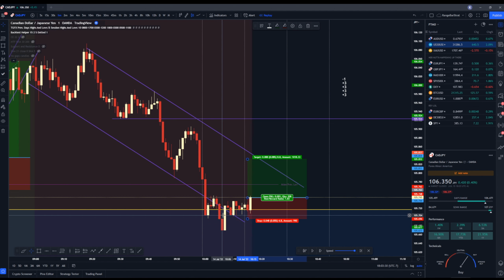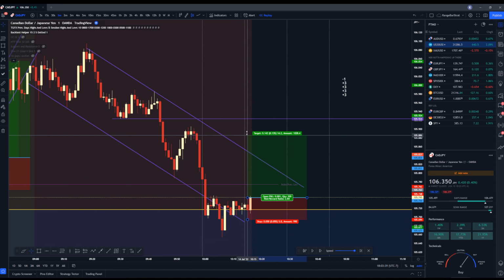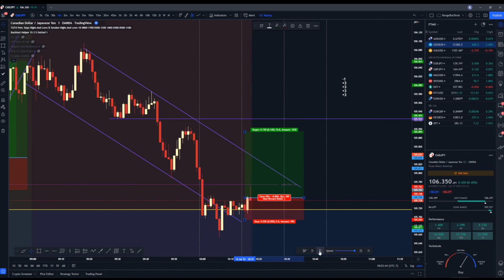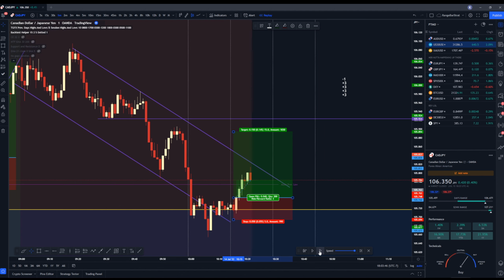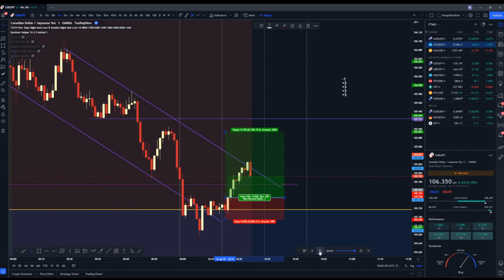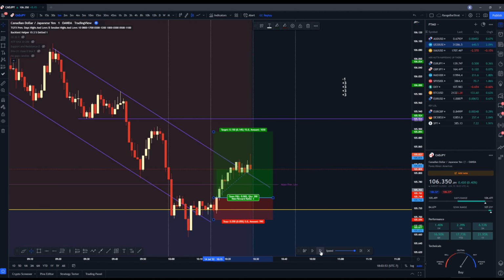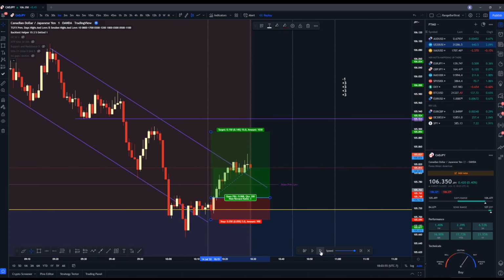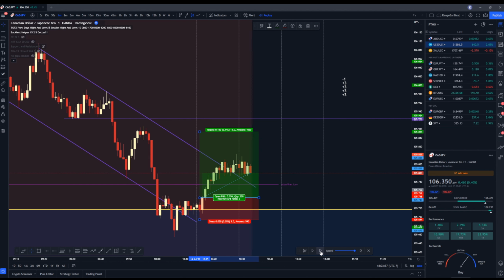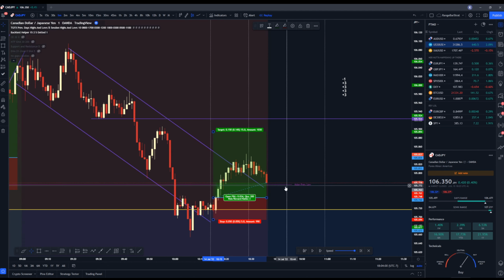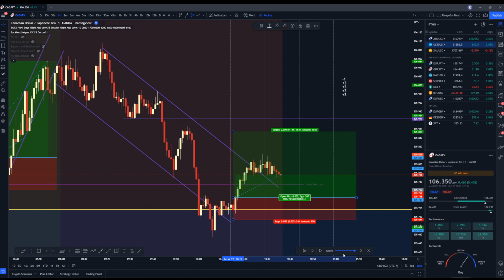Because we did fill in the missing price over here. The only thing is, I would like to see a drop lower first before taking this trade. But I'm going to take this regardless, and we're just going to take it up to here. I don't know if we get there, but we haven't had any pullbacks, and we're in a 15-minute zone of demand, so that should be enough for a pullback, I think. We're hitting the trend line, so this is the scary part of the trade. If it doesn't break out, then we're going to be kind of screwed, unless we break even. So it looks like we're riding that trend line in a curve.